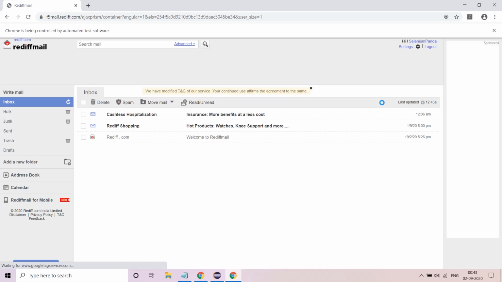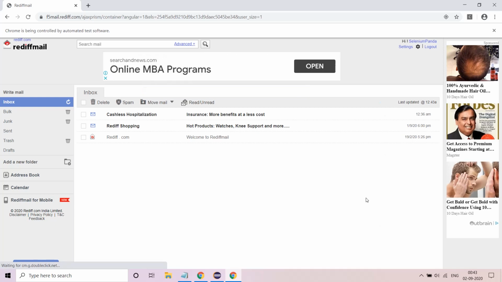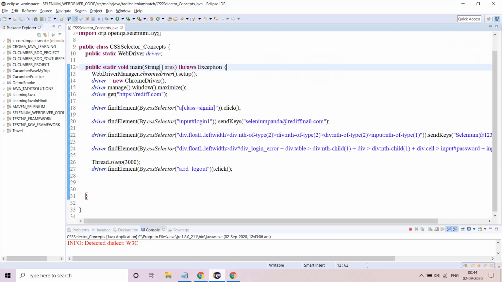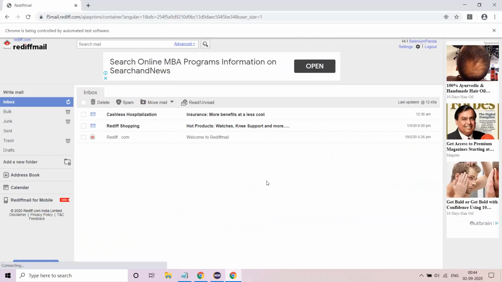So let's see whether it is going to log out or not. Yes, logout is also working fine, I think. Did it log out? Probably yes. No, it is still running.